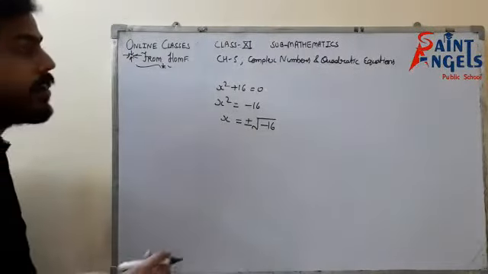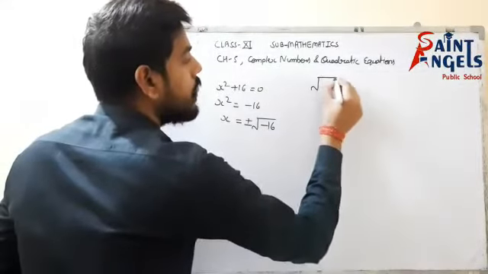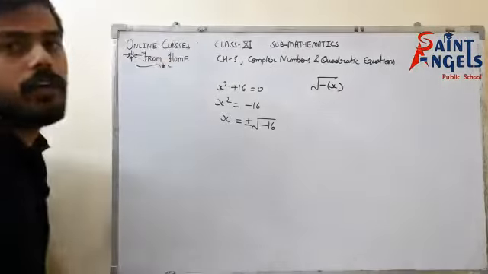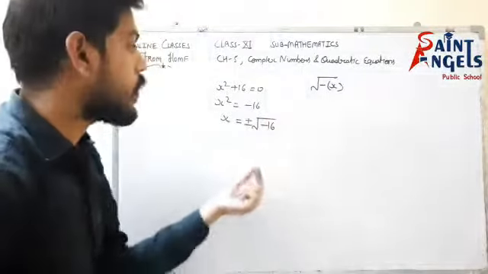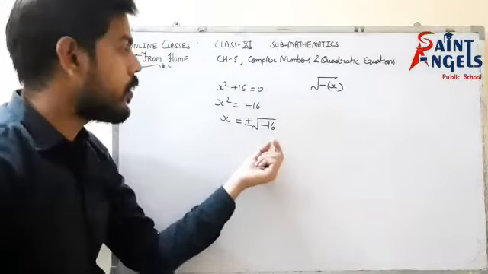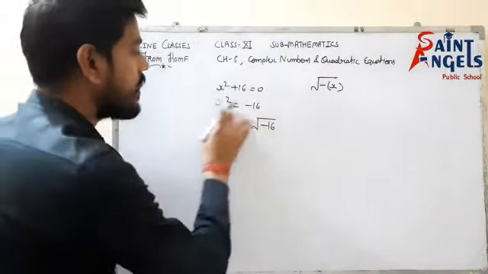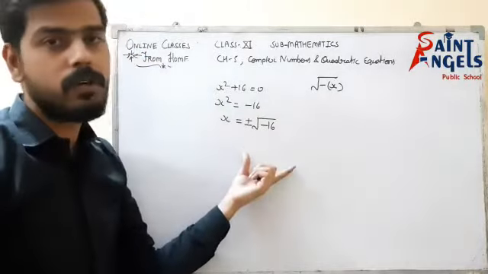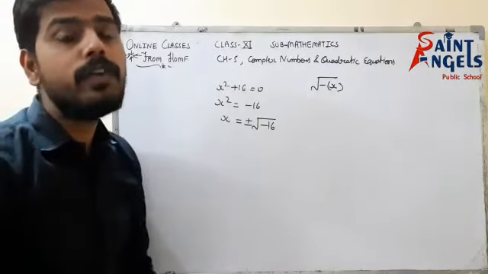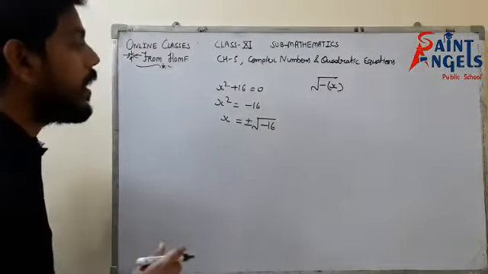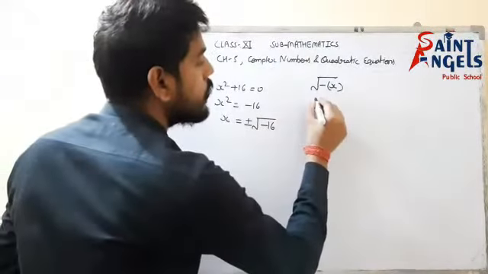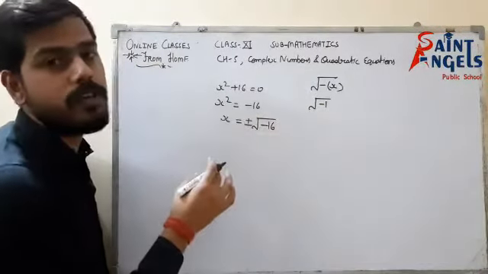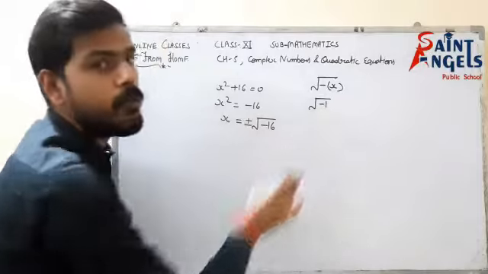And we know that there is no definition of a negative number inside an under root in the real number system. So I cannot solve this. Whenever we get such terms, we say there is no real solution of this equation. Then what could be the other possibilities? First of all, if I know the value of under root minus 1, then I could find the roots of any equation. So what is this under root minus 1?